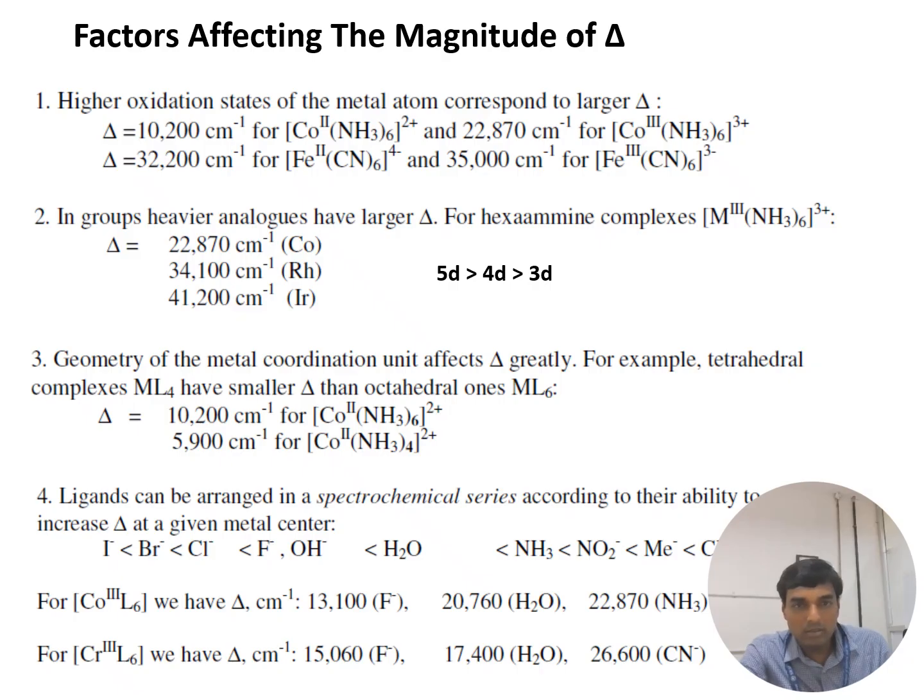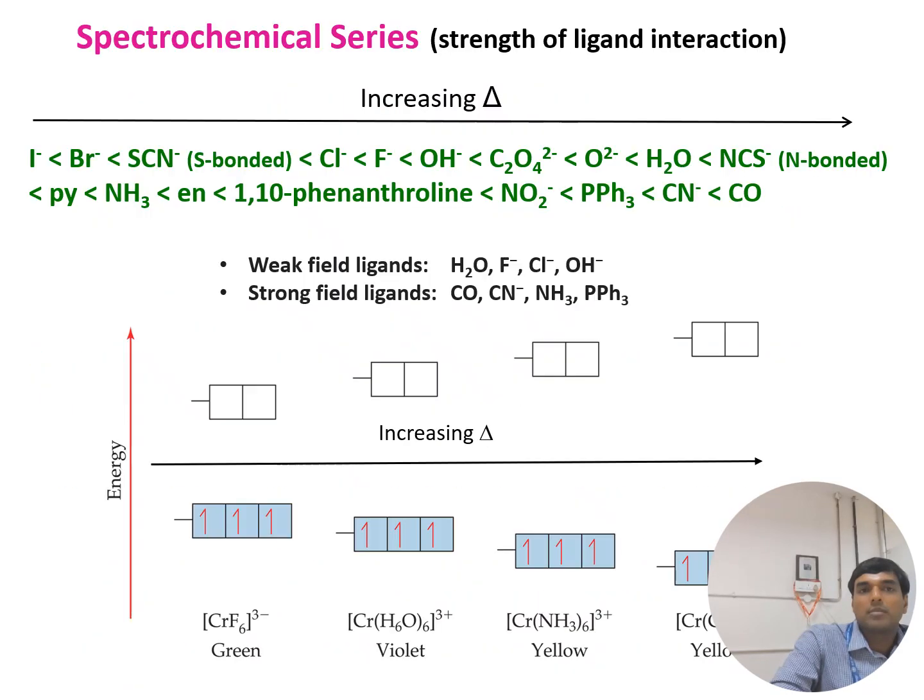Then these are the things. So basically, cyanides have a strong ligand, strong crystal field splitting energy. This is a spectrochemical series where carbon monoxide, cyanide, triphenyl phosphine, nitro, 1,10-phenanthroline, ethylenediamine are strong field ligands, whereas iodide, bromide, chloride, fluoride are called weak field ligands. And this is the best example where fluoride is a weak field ligand,